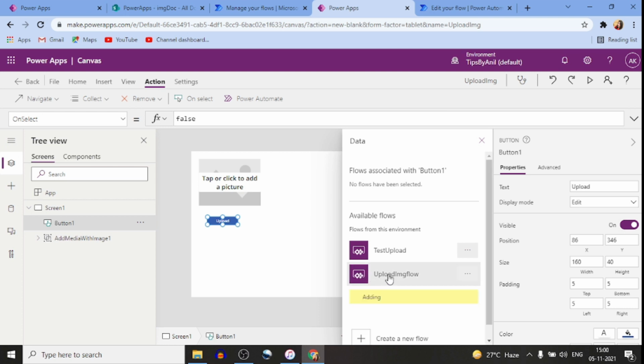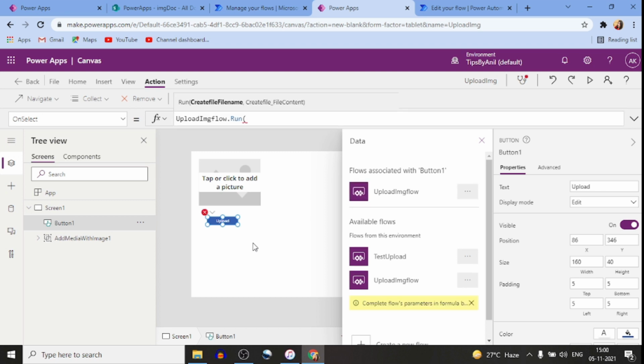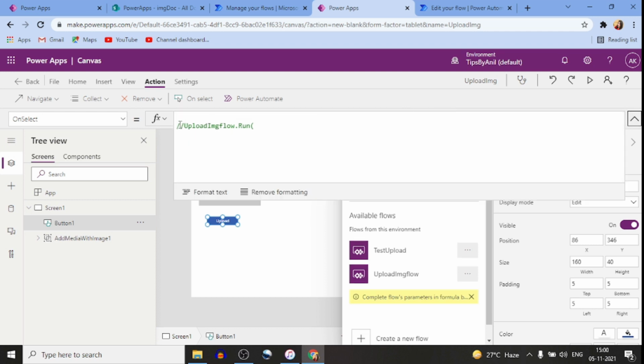Just click on this adding, and this flow will be added to your Power Apps button. Now I'll show you a few things. Before that I just want to comment it out.